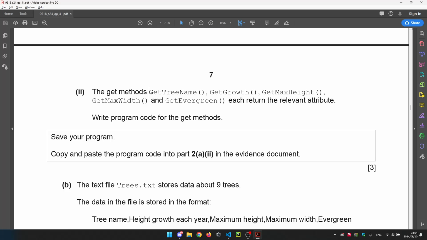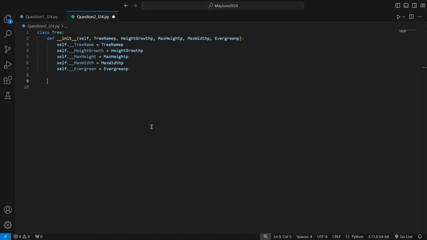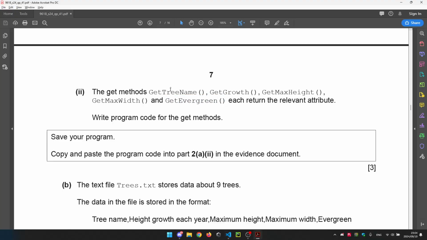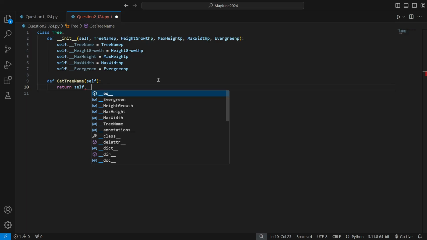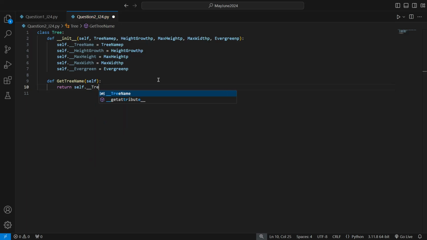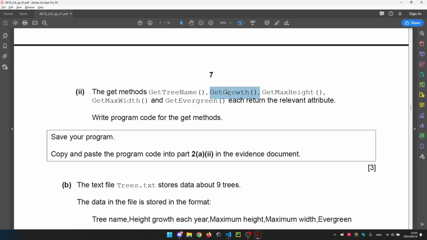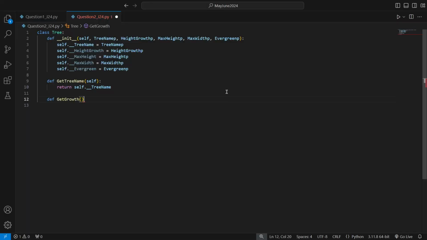All right, now we need to do a get method for all of them. Get growth, max height, max width, evergreen. So let's get to work. So def first is get tree name. And obviously this should have a self, or else it's not going to work. Then we want to do return. The reason we need self is because everything in this class declaration is private. So it's within that class. So the self shows that it's within the class, right? We need to use that self keyword,